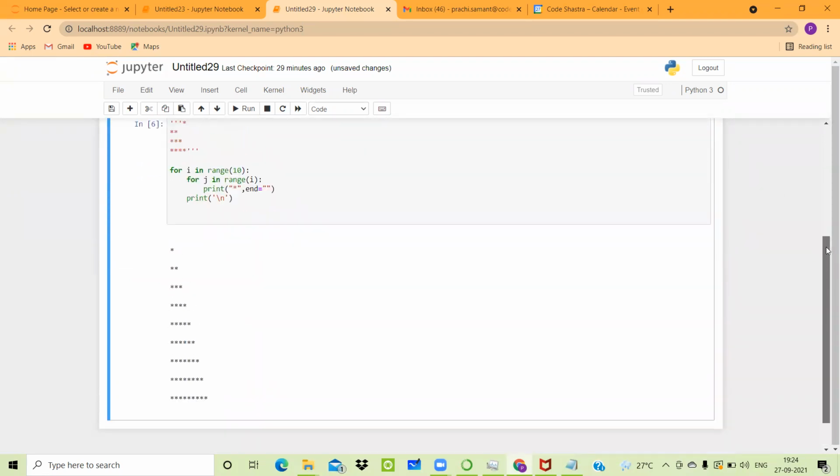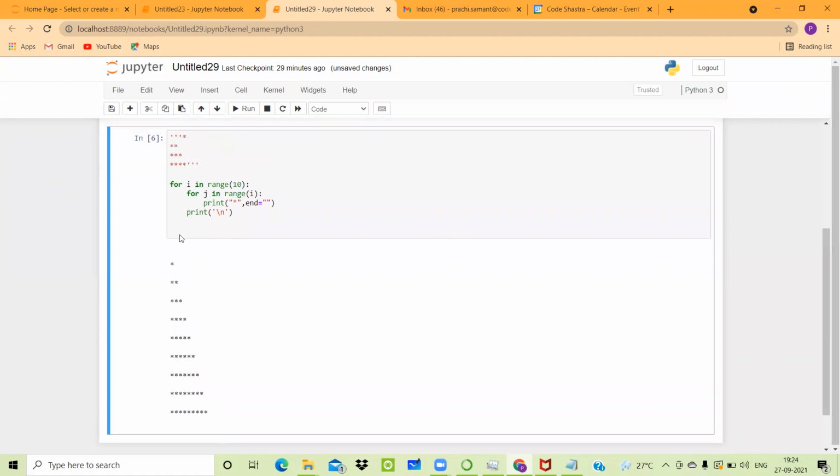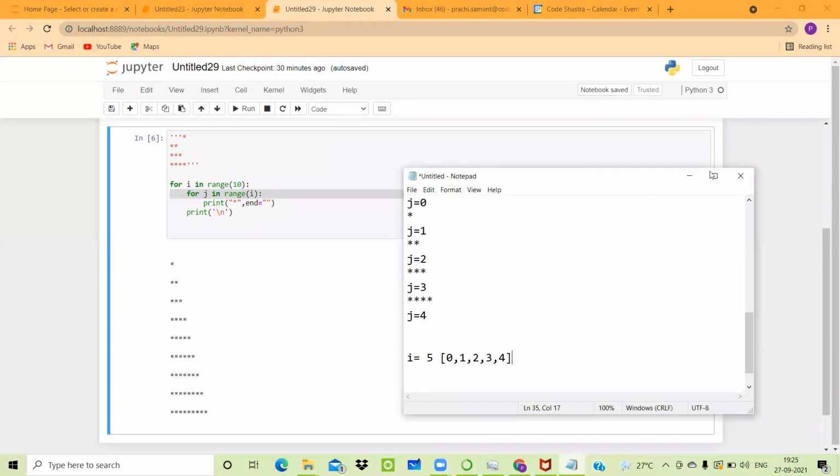So here what we need to understand that when we want to create this type of structure, that time we need one for loop to simply iterate through the rows, and second for loop that will help you to plot that repeated structure again and again. So that's the reason we have used loop inside the loop in order to create the structure. I just hope this working of nested for loop is clear for you. If you haven't understood, we can discuss it for one more time. So just let me know if you have understood this working of for inside for.